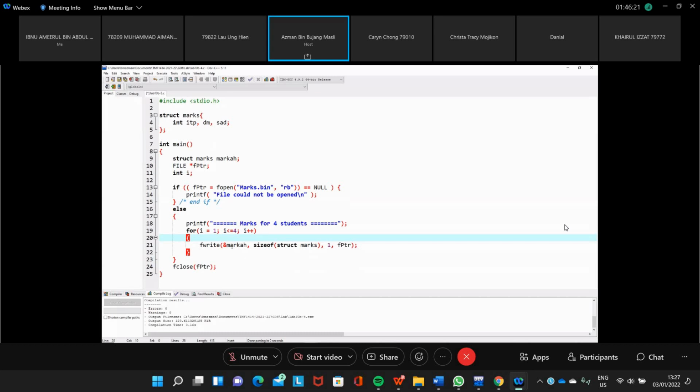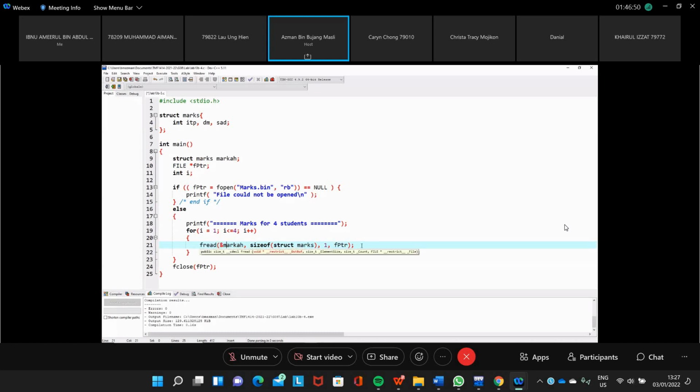For that one, we need to check for end of file, isn't it? We open the file, we can read the object. So here we use fread instead of fwrite, and then we are reading the markah.